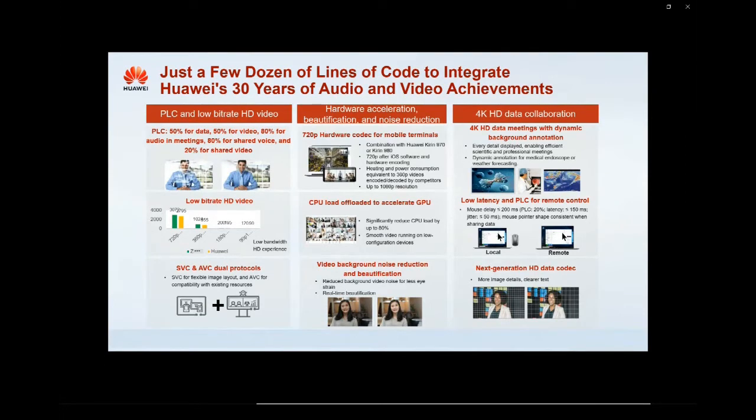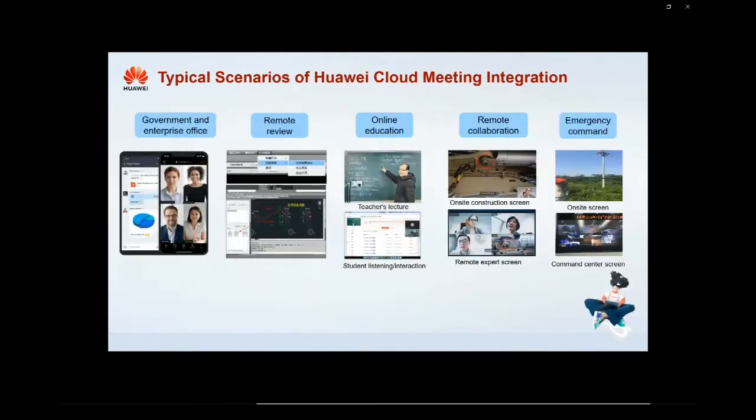It is worth mentioning that the powerful functions of Huawei Cloud Meeting mentioned above are fully open. Just a dozen lines of code can integrate Huawei's 30 years of audio and video achievements. In a word, it has the unique advantages of full capability openness and easy integration.